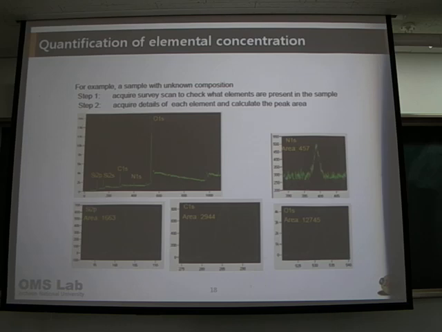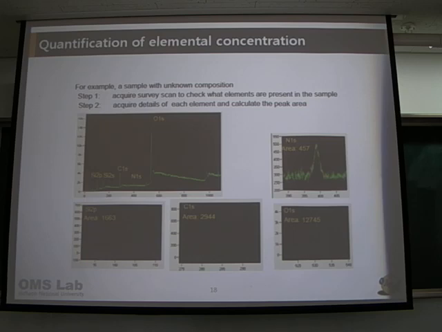First of all, quantification of the elemental concentration. For example, a sample with unknown composition. Step 1: acquire a survey scan to check what elements are present in the sample. That means this is the survey data. This survey data shows oxygen, nitrogen, carbon, silicon. And step 2: acquire details of each element and calculate the